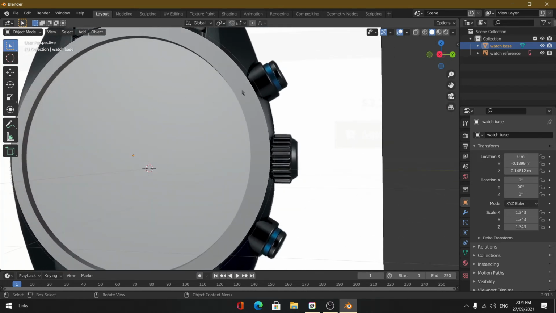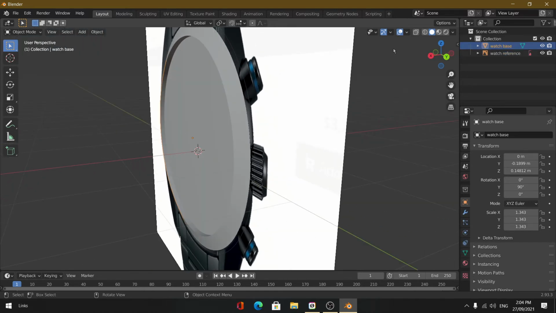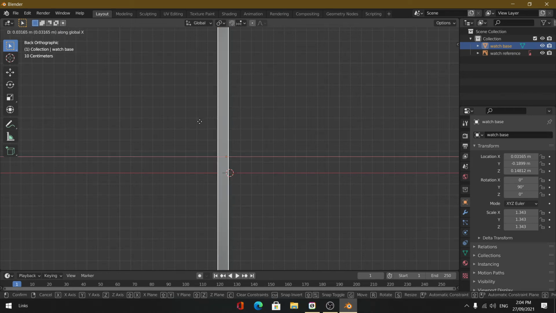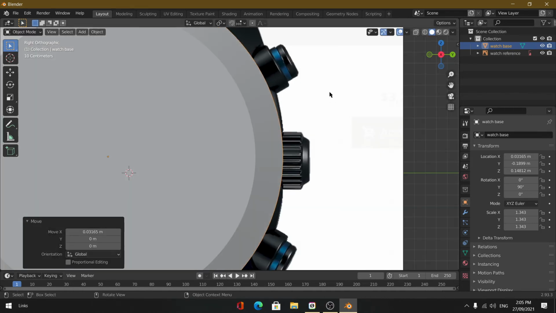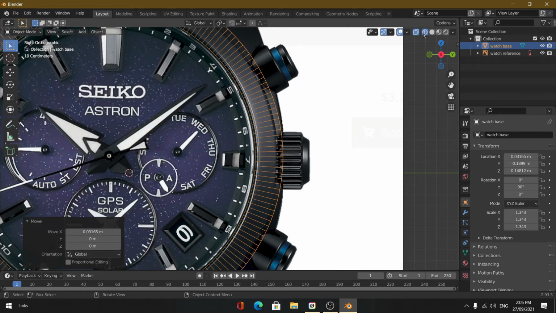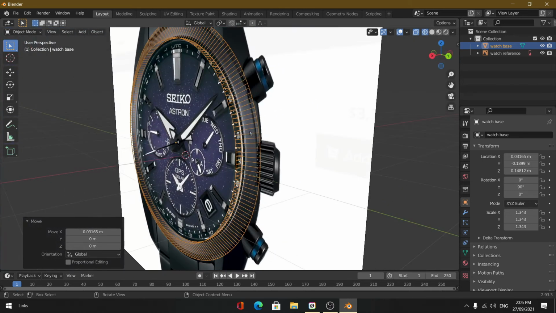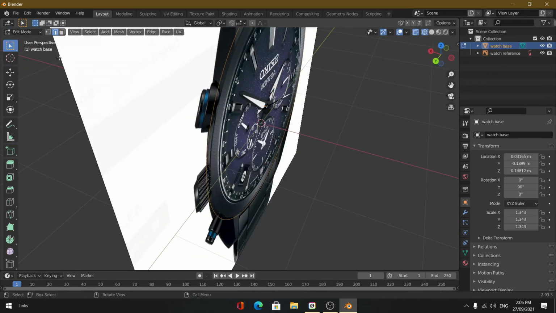So if you want to see if it's thick enough, we can always move this forward on the x-axis. So somewhere on there, go into the x-axis view, and we're going to go into wireframe view, and you can see that it's not thick enough, or actually it's way too thick. And to fix that, we can always go into edit mode. So clicking tab, go into face select mode, object view,